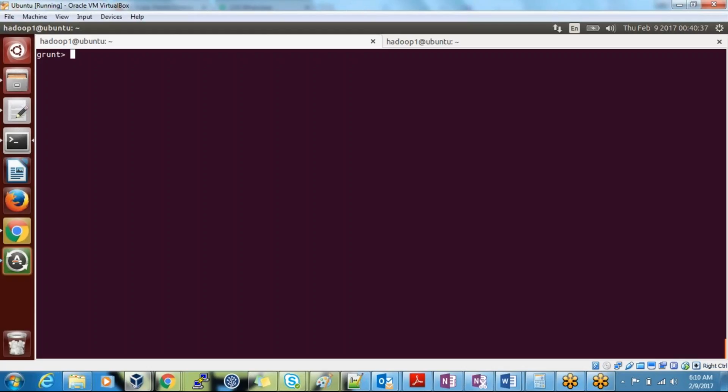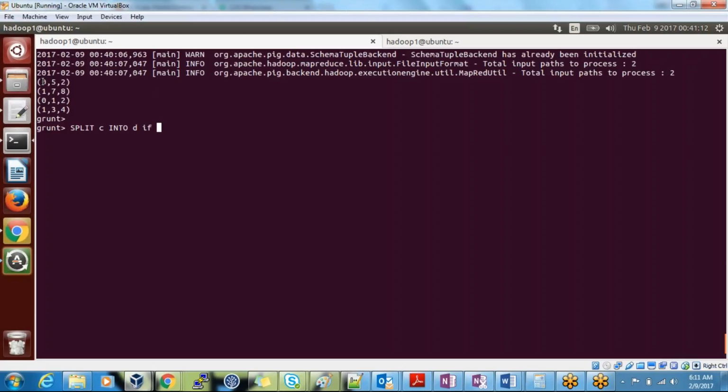Let's say split your C. Just now we have combined, now we are going to split C into D based on a specific condition. If I'm writing an if condition here, C has how many positions? 0, 1, 2. Three positions are there.